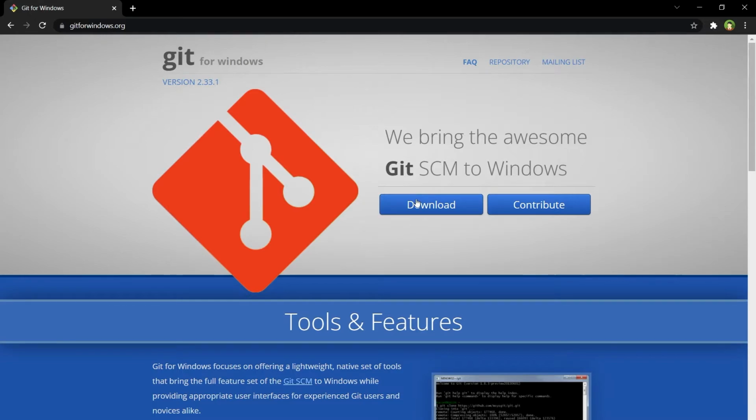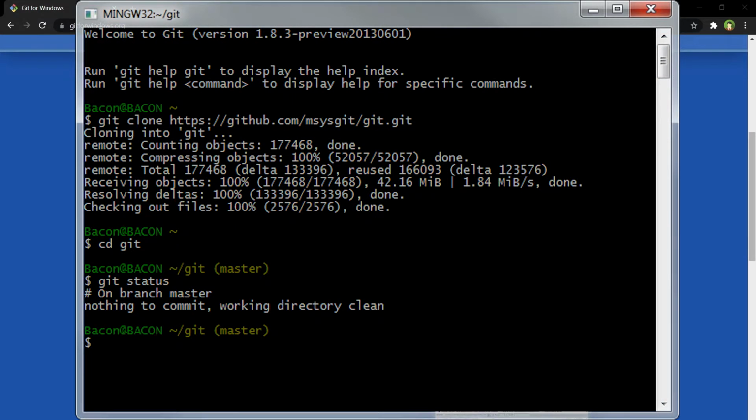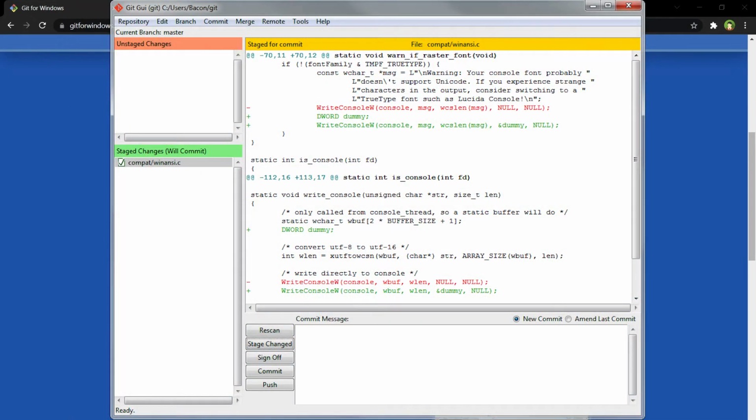From Git for Windows website, you can download Windows Installer. After install, it offers Git Bash and Git GUI commands in right-click menu. Git Bash is a bash emulation to run Git from the command line. And Git GUI is graphical user interface that is an alternative to Git Bash, offering a graphical version of every